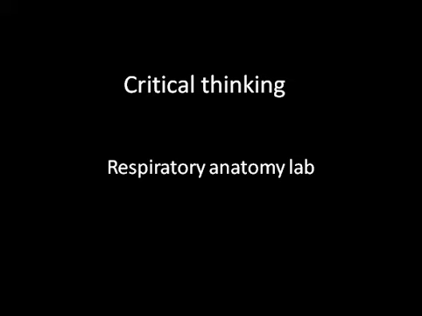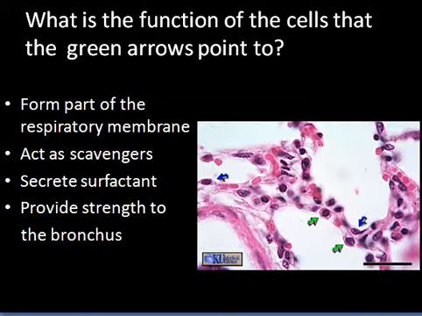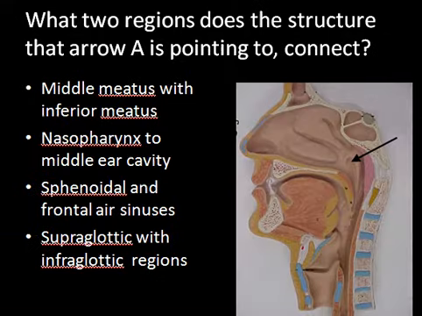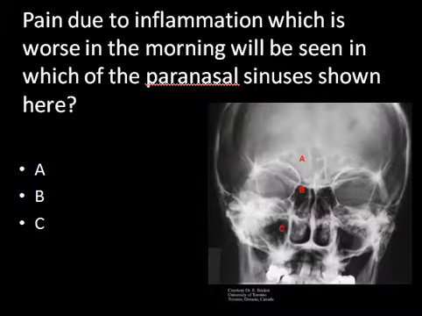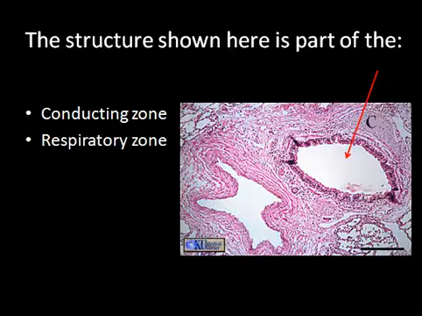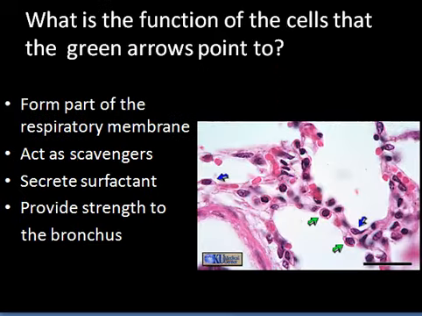This is critical thinking in the respiratory anatomy lab, and here are a few questions. I have two questions on histology. So this is one, and this is on a model, an x-ray, and another question on histology. We do a lot of histology in respiratory systems, so that's why I have two questions on histology. So let's look at this first one, where it asks you, what is the function of the cells that the